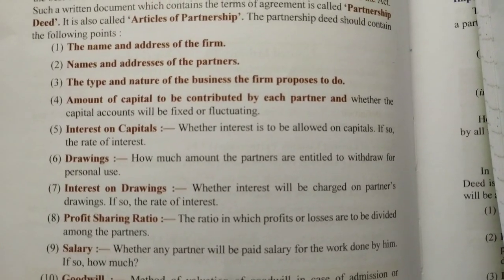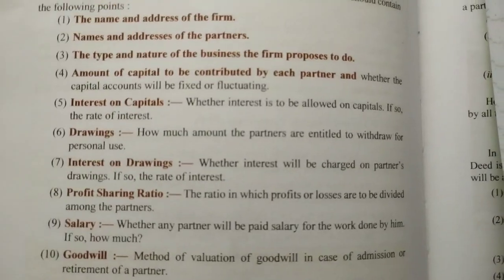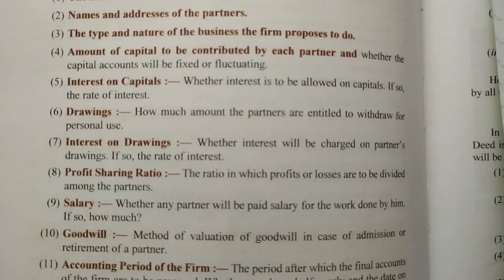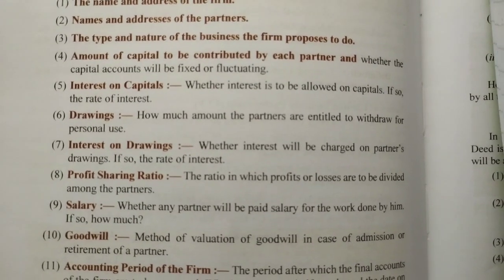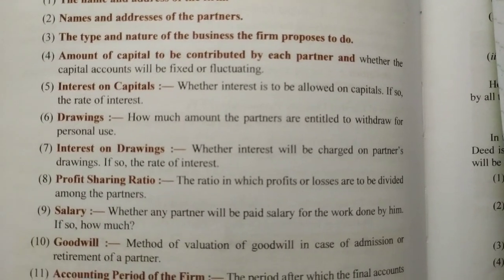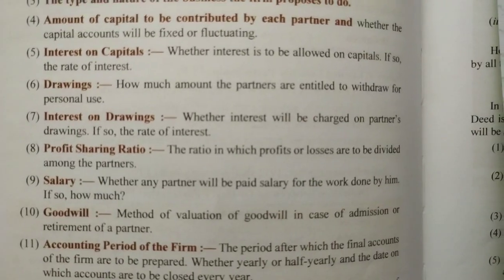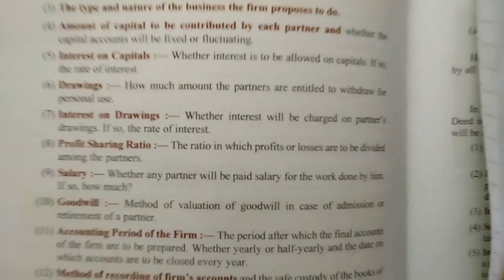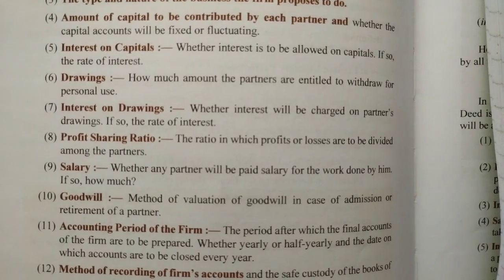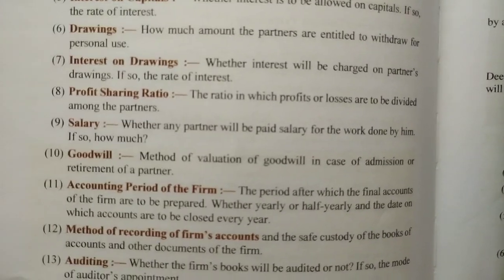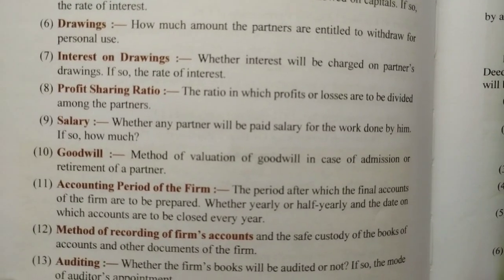If so, what should the rate of interest be? Now talking about drawings, how much amount the partners are entitled to withdraw for personal use. Sorry, it was drawings. Now let's talk about interest on drawings, whether interest will be charged on partners' drawings. If so, the rate of interest. The profit sharing ratio, the ratio in which the profit and losses are divided among the partners. The salary. The 10th is goodwill, method of valuation of goodwill in case of admission or retirement of